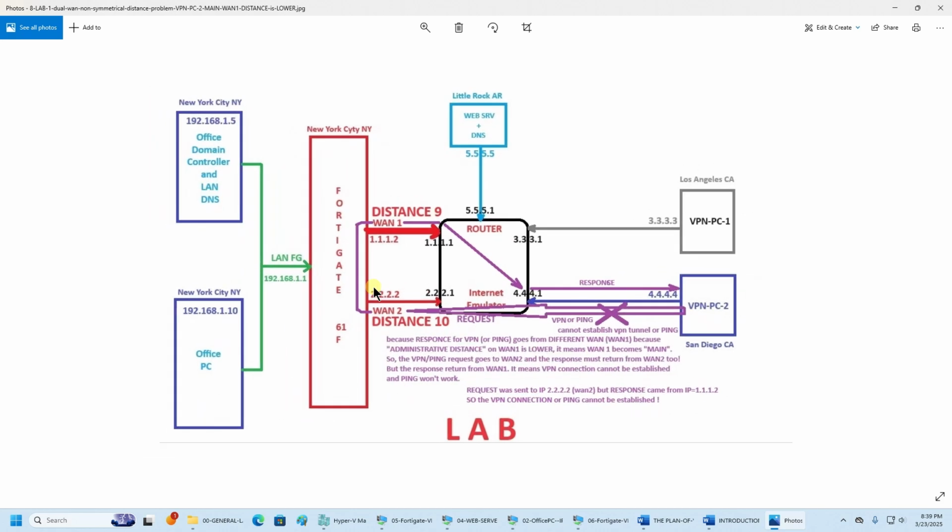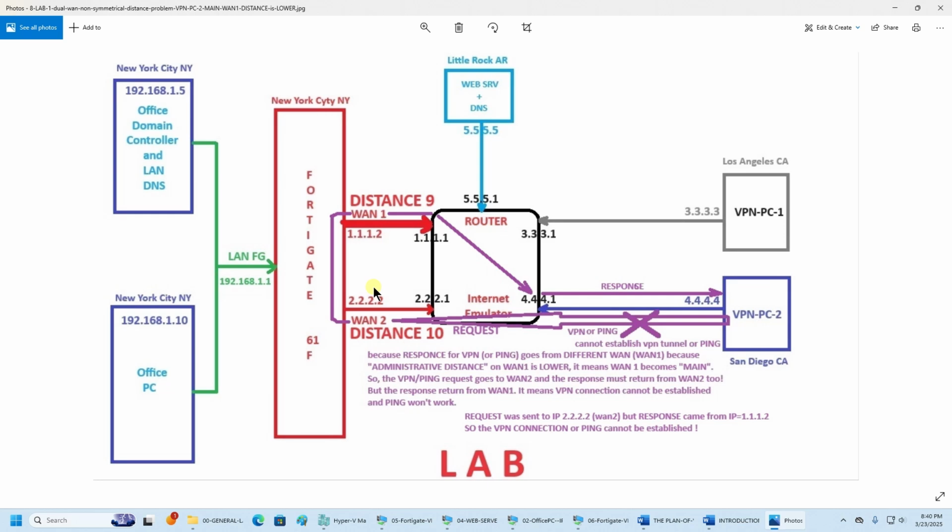This picture is similar to the previous, but the administrative distance is different. Here we have a lower distance on the WAN 1 interface and a bigger distance, 10, on the WAN 2 interface. In this case, the main WAN interface is the one with the lower distance. It means WAN 1 is the main interface. So if we try to ping or establish VPN from San Diego PC, VPN PC 2, directed to destination IP 2222,